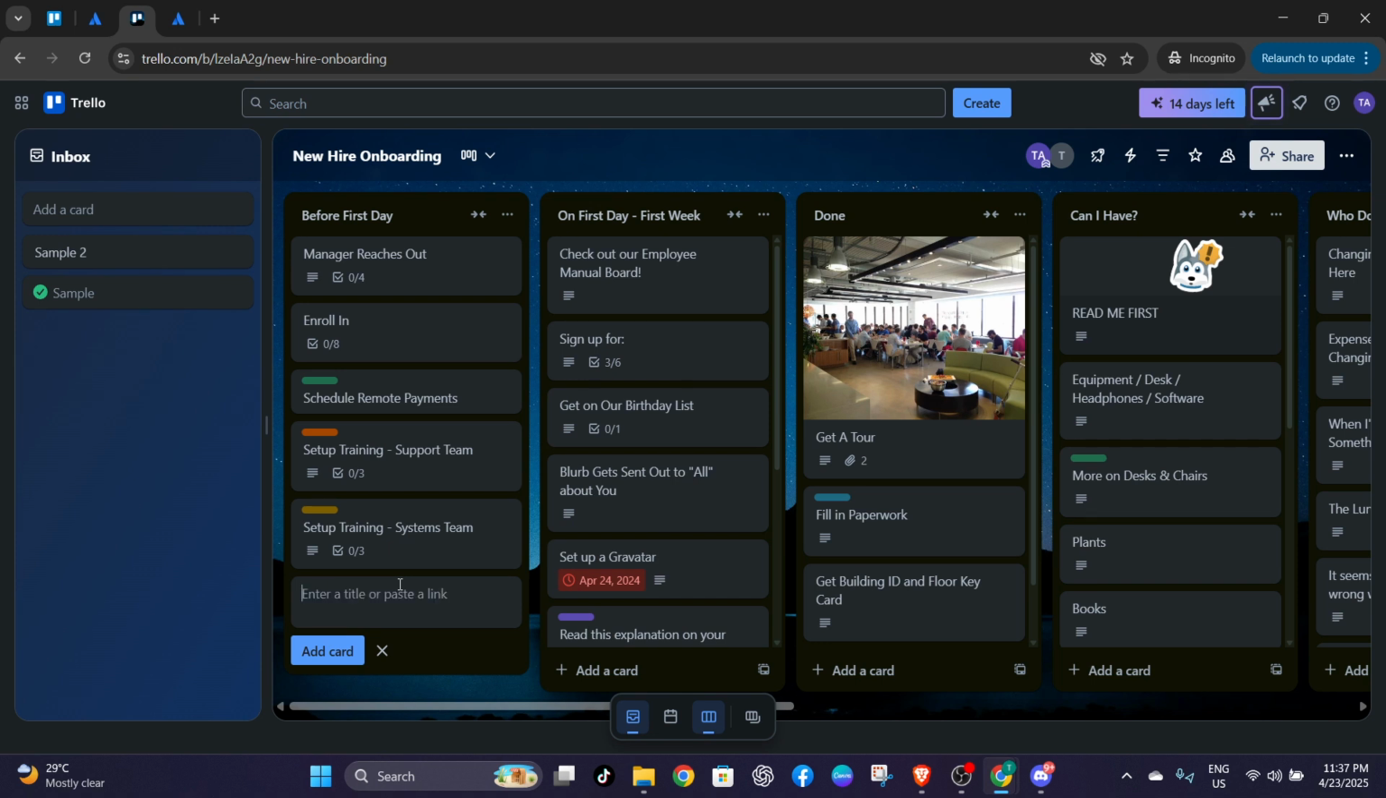Type in a clear and concise title that fits the task or topic. This name will guide you later when you're scanning through your list of tasks. Once you've entered the title, you're just one step away from finalizing the card. Press enter or click the add card button to officially create it, and there you have it, a new card